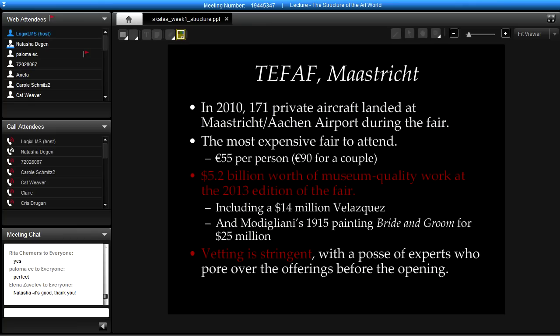And in fact, for those of you who are in New York or who might be in New York, their next event will be held very soon from May 10th to 13th in Randall's Island Park. And this, of course, has represented a challenge to New York's Armory Show, which many agree has been somewhat flagging in recent years. This image on the top left shows what the interior of Frieze looks like in London, and